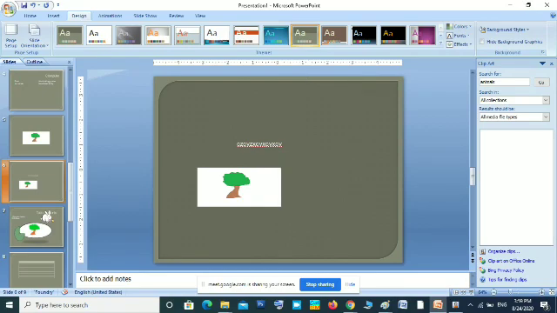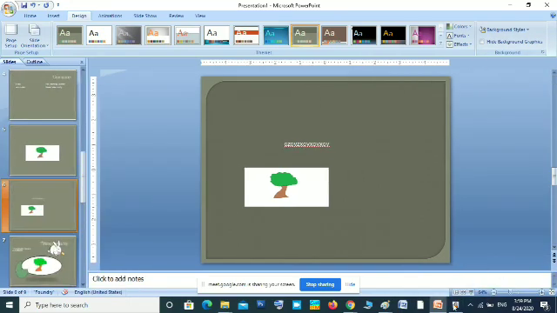Okay, after themes, the next section is different views, PowerPoint views. In the first class, I told you that in the status bar, on the rightmost side, you can see different views. Here you can see three views: normal view, slide sorter view, and slideshow view. Normal view we use for creating, editing, or designing a presentation. When we are working on a presentation, we use normal view.